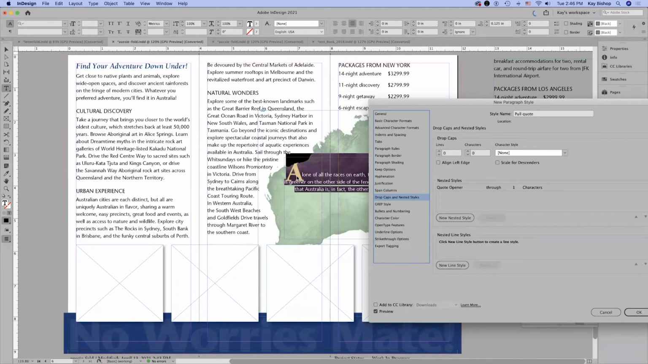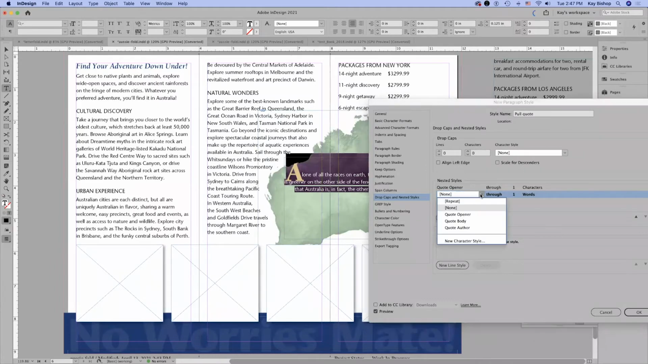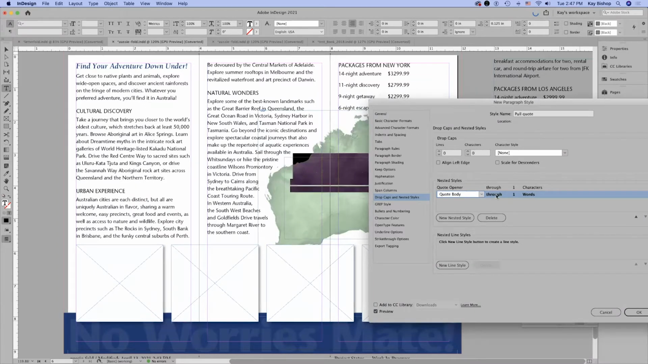Then I want to create another nested style. I'm going to click new nested style again, so I can select multiple nested styles. Then this time I'm going to select quote body. So for the body of this paragraph, I'm going to select this quote body character style. And then this time, instead of through, I want to select up to, and then I'm going to type in, instead of words,